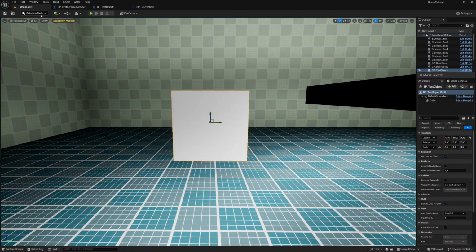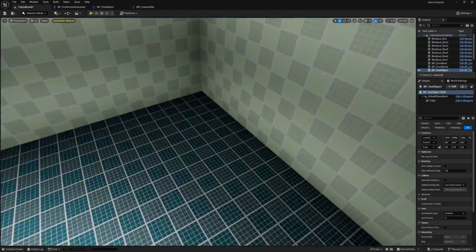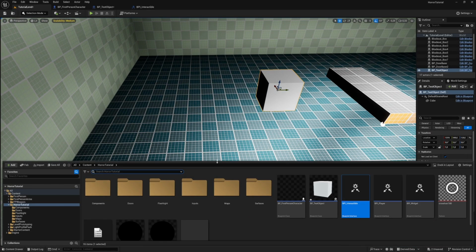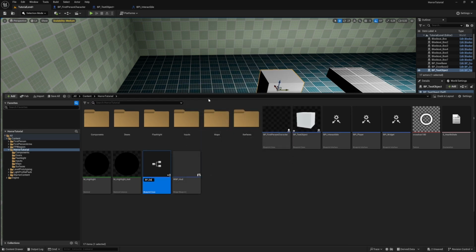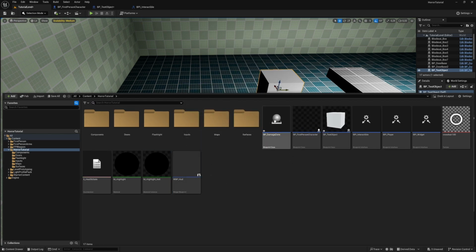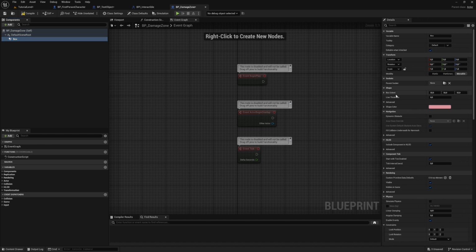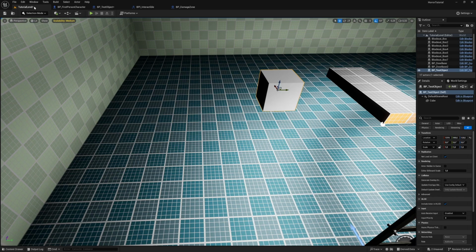So if you want now a spot in the world that will cause you damage, you can create an actor like this. So we can create an actor, we can call it BP_damage zone. And we can add a box collision. Let me increase the box size and make it not hidden in game so we can see it. So if I drag that out like this,